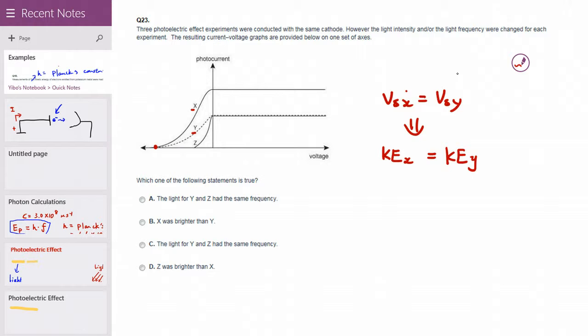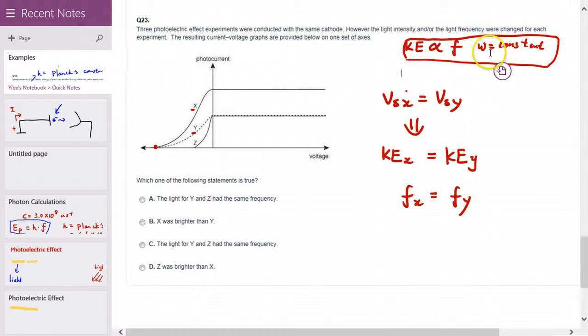And they should be the same frequency. Frequency of X has to be the frequency of Y, not hf. So the frequency of X must be the same as the frequency of Y. Because maximum kinetic energy is proportional to the frequency, given that the work function is the same. If the work function is constant, then